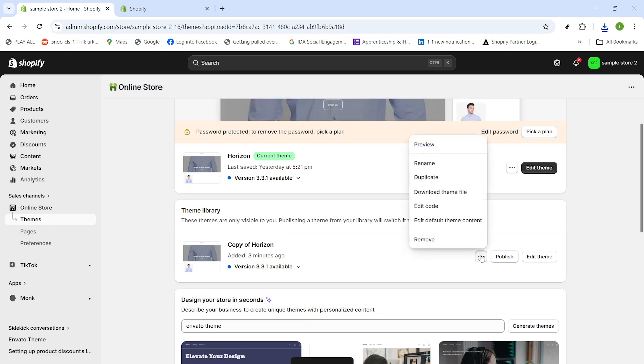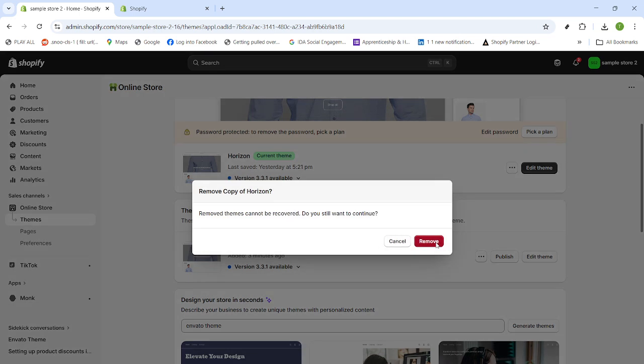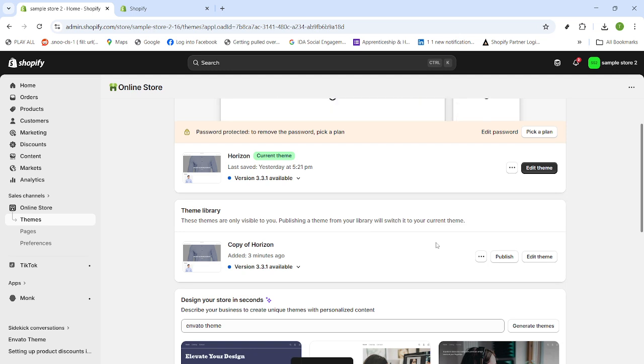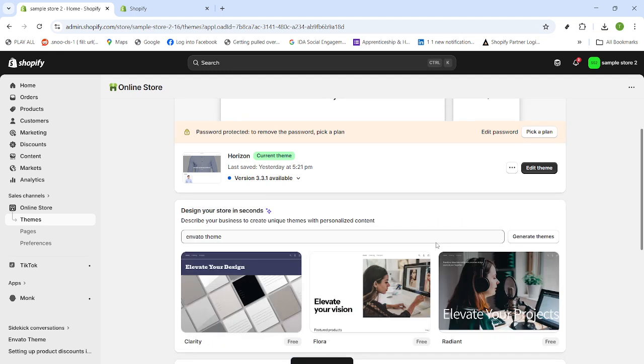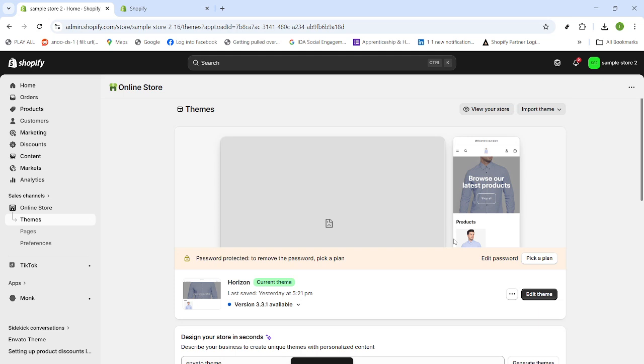That second confirmation is there to prevent accidental deletions, so take a moment to be sure you don't need that theme's settings or custom code anymore. After the first theme is removed, repeat the same process for the remaining themes in your library. Open the Actions menu for the next theme, select Remove, and then confirm by clicking